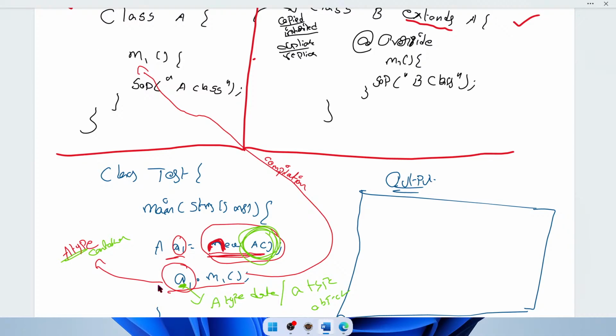At the runtime, Java will decide based on the data present in your container. Whatever data is present in your container, based on that, the method will be executed. Here, A-type data is there. So this method is executed at the runtime. At runtime also, the same method is bound, right? Whatever I represented with red color,